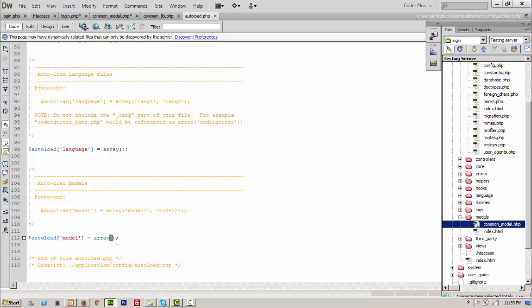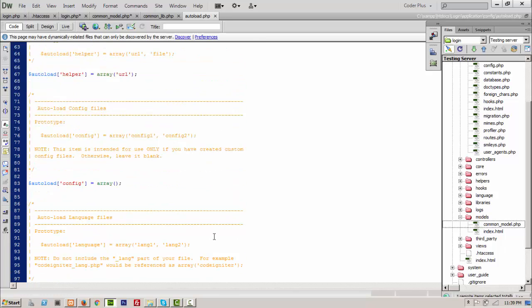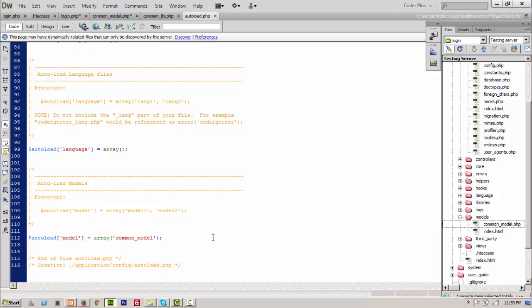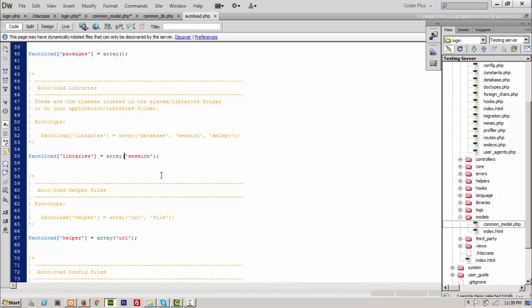If we copy and paste the model, this will automatically load my model now. And this session, and now let me enter that database. Control S to save it. Okay,